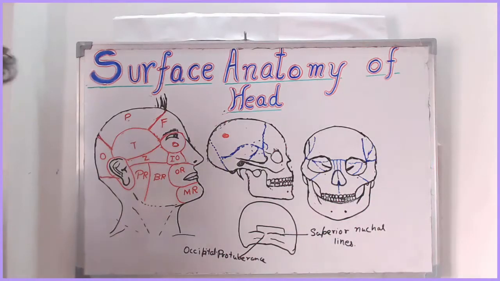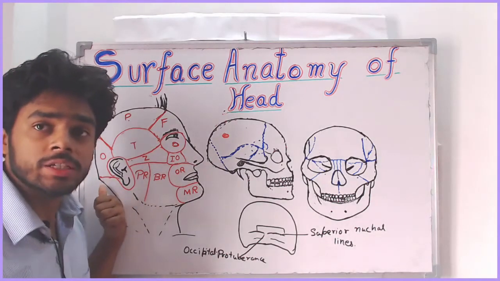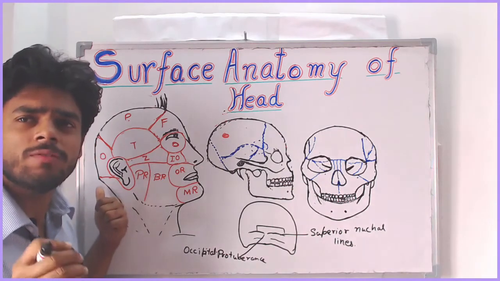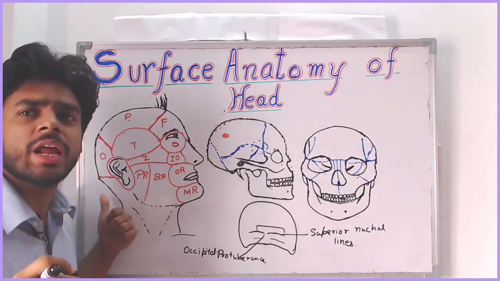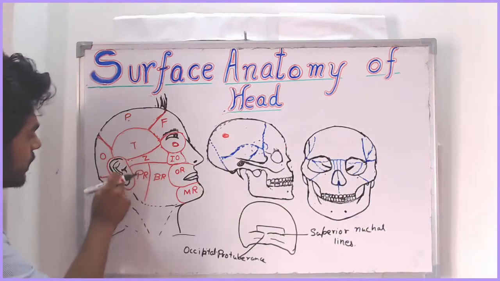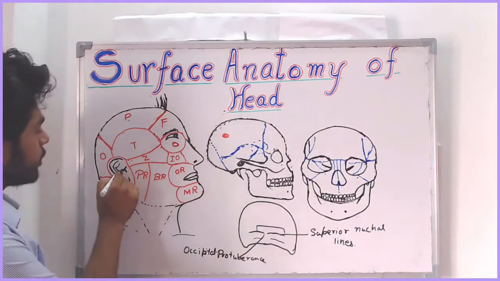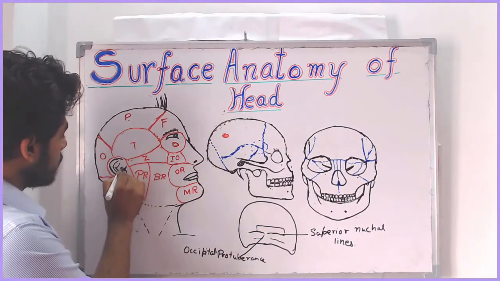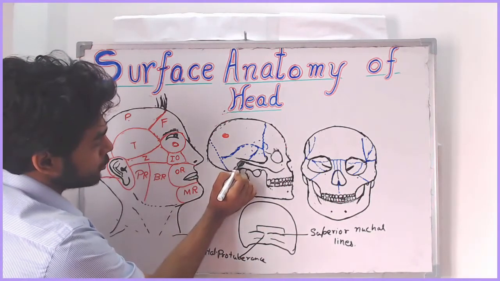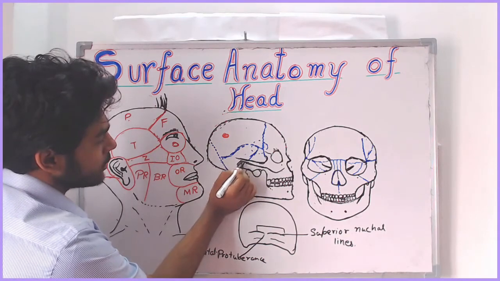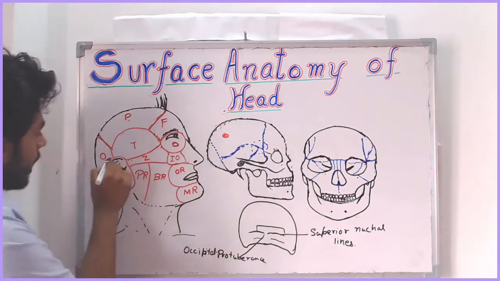We have one more region called the auricular region. It includes the fleshy oval flap of the ear and the external acoustic meatus. This is the fleshy oval flap of the ear and the external acoustic meatus. This external acoustic meatus corresponds to this part, over which the zygomatic arch is present. Here we have the external ear.